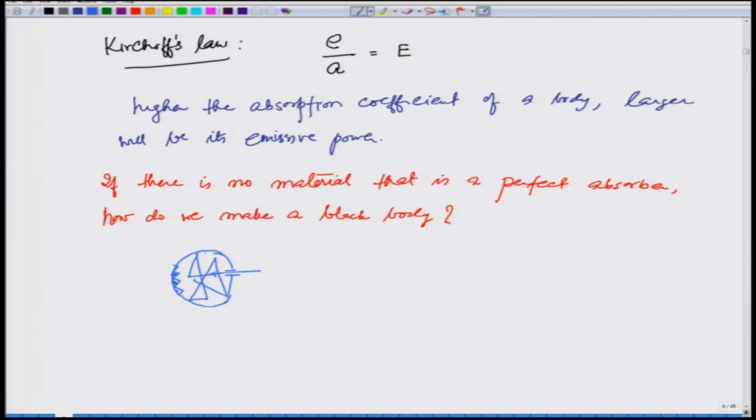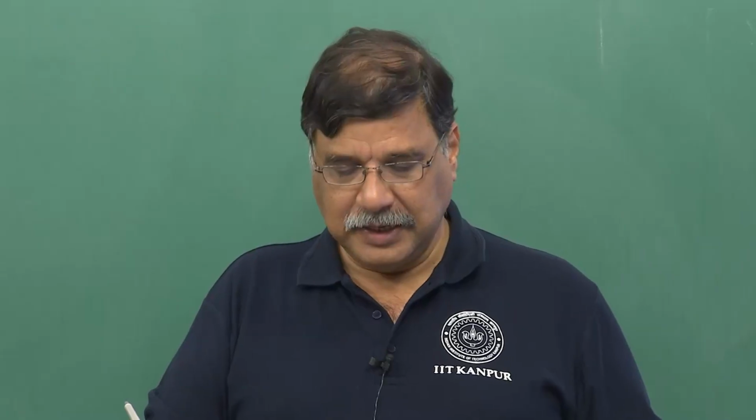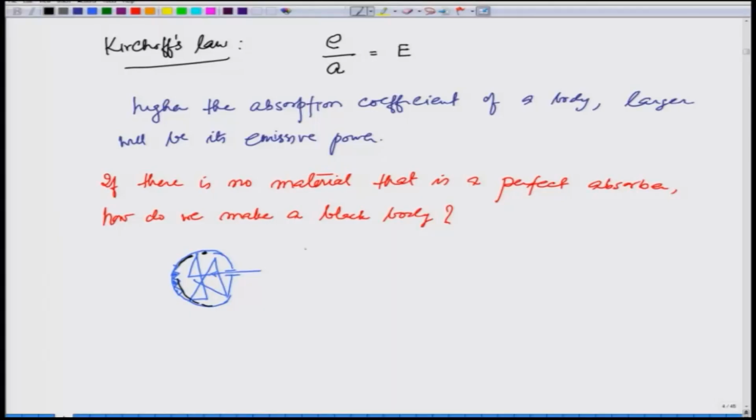And you also put a little bit of black spot somewhere, so that whenever radiation falls on that, it gets absorbed. Okay, so, I will put a black spot here. Now, since it is going around many times, every time I can even make it black inside, it gets absorbed. However, it does not come out of the hole. So, whatever radiation is going in, it gets absorbed, and therefore, a cavity like this,